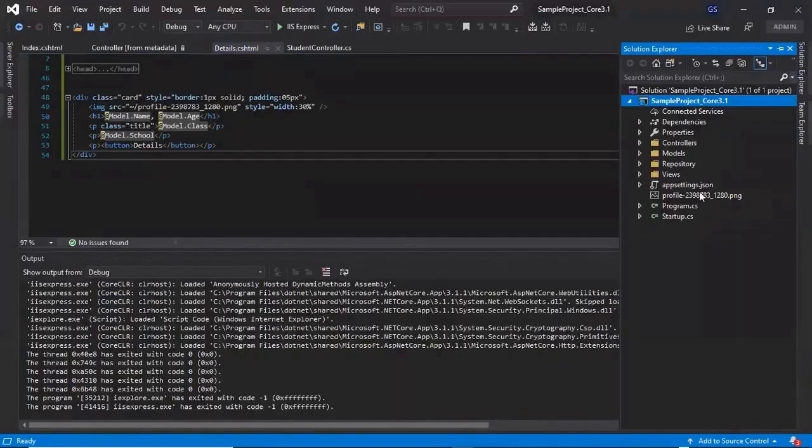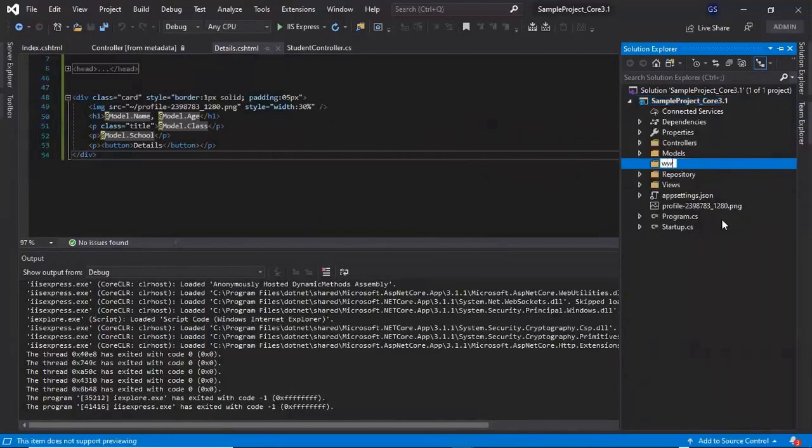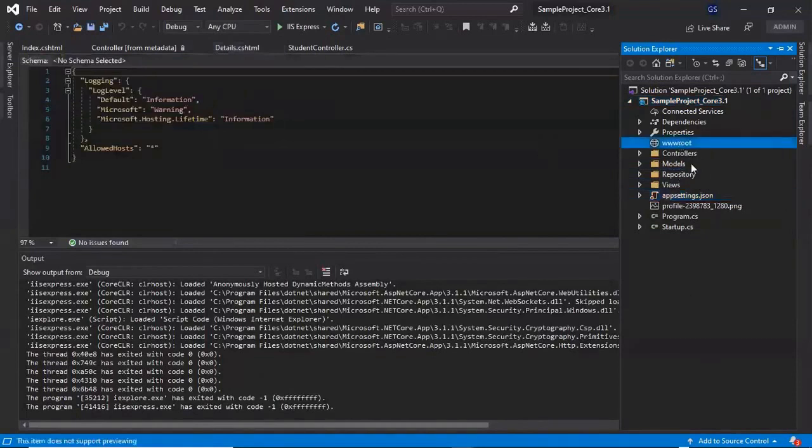This is because we have referred to the image outside our application. But in ASP.NET Core, static files are served from the wwwroot folder. To serve the static file, we require the wwwroot folder. So let's click on the project, click Add Folder, wwwroot, enter. Look, it is getting converted into the root folder.